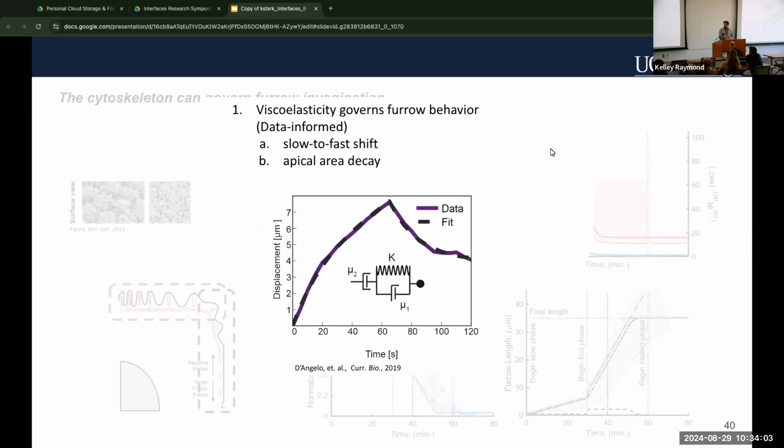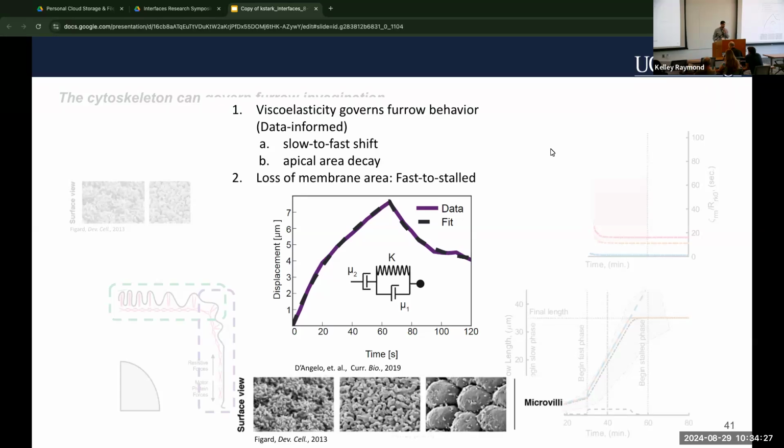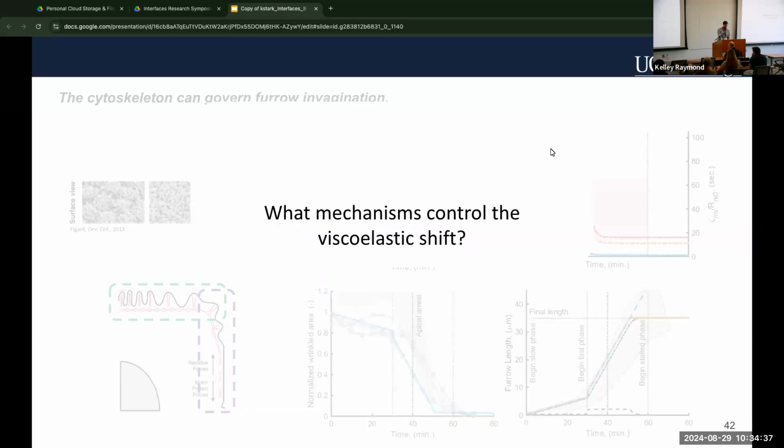Just to summarize some of the initial findings, we find that viscoelasticity is highly likely to govern furrow behavior, because we've been fairly naive with our approach so far and been very data informed. D'Angelo is the source of the data that we've used, where they measured at different points in time and fit it to this fluid type body, just measuring the applicable surface's material properties. Additionally, we believe we have a plausible mechanism for the fast stalled phase, and that's due to a loss of membrane. What we still need to know, what we originally set out to do, is determine what mechanisms